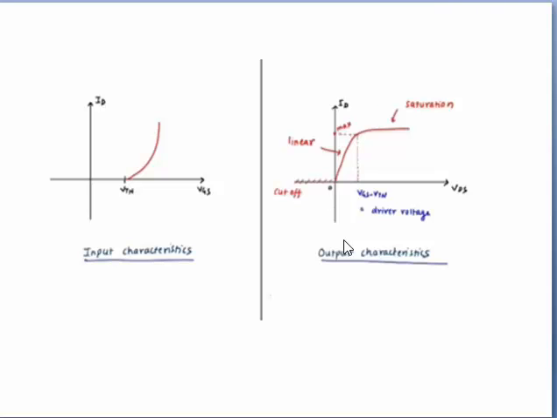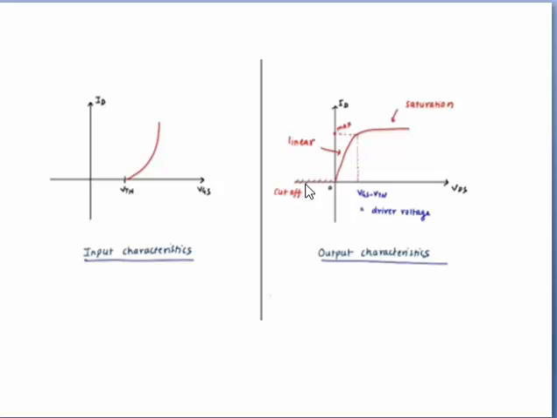Now we will study the output characteristics. In this we have 3 types of regions: cutoff, linear, and the third one is the saturation region. Now first let us start with the cutoff region. VDS is the voltage between drain and source terminal. When VDS is less than 0, that means VDS is negative, then MOSFET is in cutoff region, that means MOSFET transistor is in off state. Off state means where current is zero, that means drain current is equal to zero, no current flows in the MOSFET.